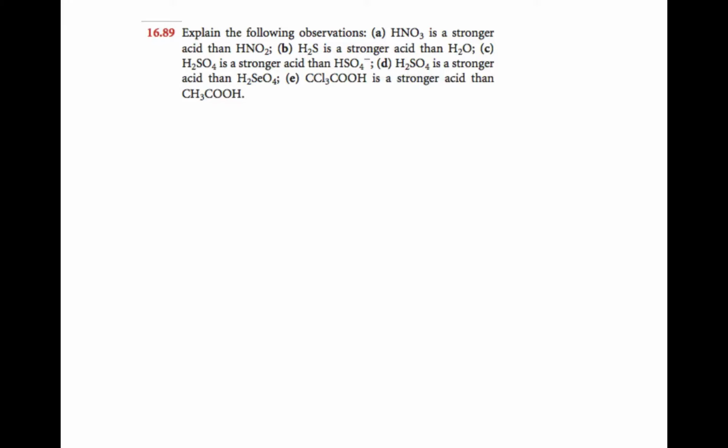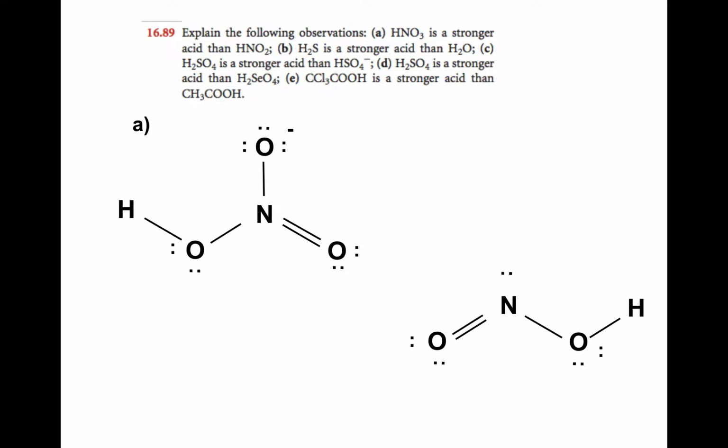All right, problem 89 is all about describing on a molecular level why certain acids are stronger than other ones. So looking at A, nitric acid is a stronger acid than nitrous acid. So why is this? The rationale behind this is the higher the oxidation state of the atom attached to the OH group, the more you're pulling electrons away from that OH group and weakening the bond, so the H